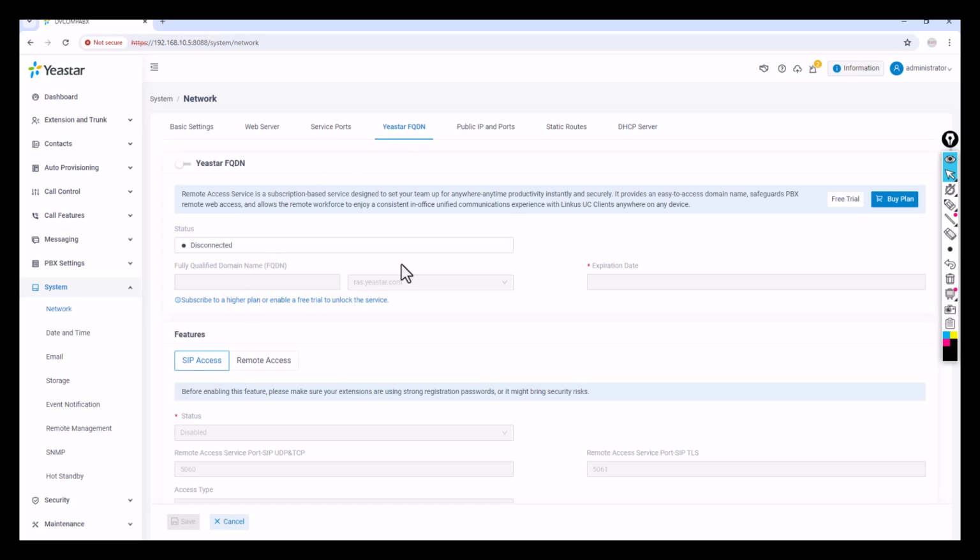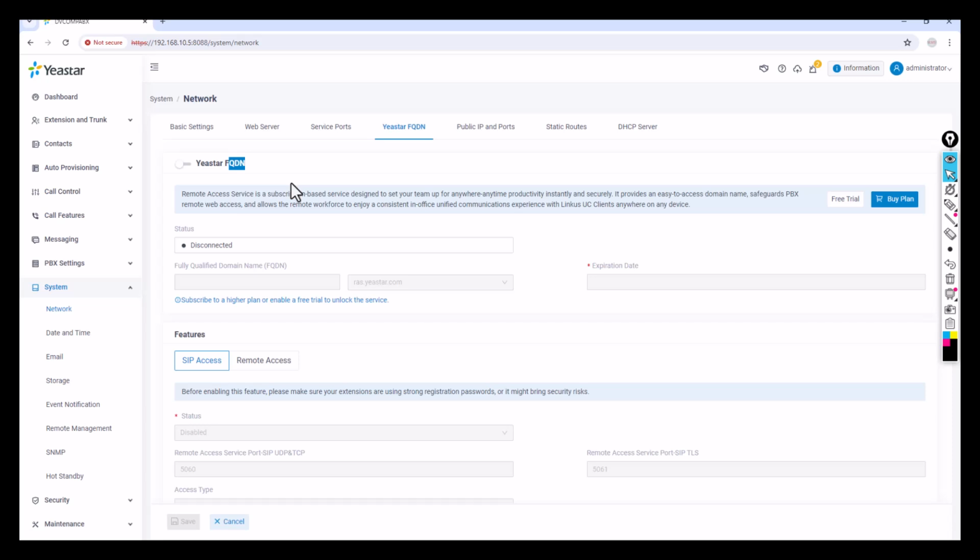So basically with this FQDN service, if you enable it, the advantage is that you can access your PABX from anywhere. And one more interesting thing is that if you want to register your IP phone remotely, for example, I am sitting somewhere else in the world and my PABX is enabled with the Astar FQDN, you can use that FQDN and register. No need to do port forwarding, nothing, guys. That's the beauty of P-Series. That's why I love P-Series a lot. Why? Because you can use this FQDN wherever you want.